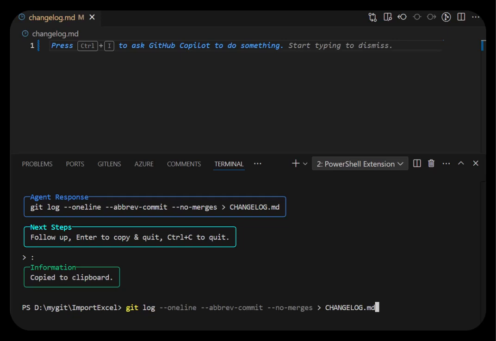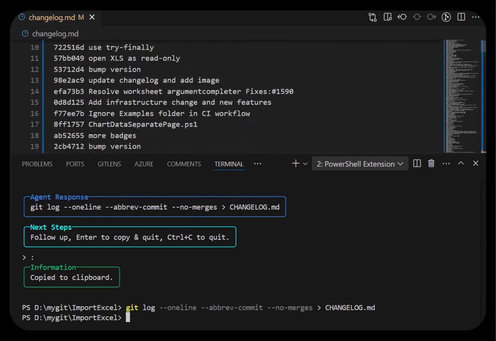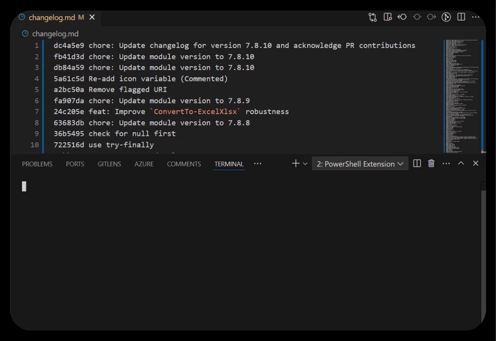I didn't have to go on to Google, do a bunch of searches, figure things out. I have everything here in a matter of seconds in my console, and then I press enter, and now I've created a changelog. Now, that may be what I want, maybe I don't, so I want to refine it. Let's do it again, but now what I want to ask it is